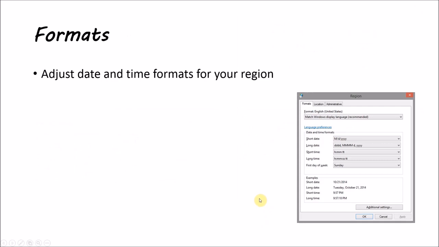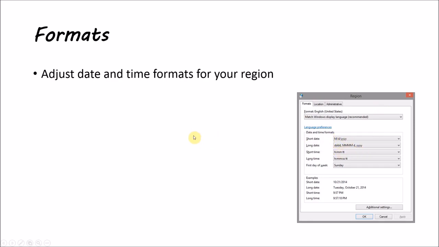The first tab is Formats. This allows you to adjust the date and time formats for your region. So you know, in some countries the way they show or say the date and time is a little different. So instead of January 21st, 1981, it might be 21st of January 1981 or something along those lines. Or instead of AM and PM they might use a 24-hour clock instead. And this is where you change those settings. So we will go over this in more detail and what this stuff here means once we get into the